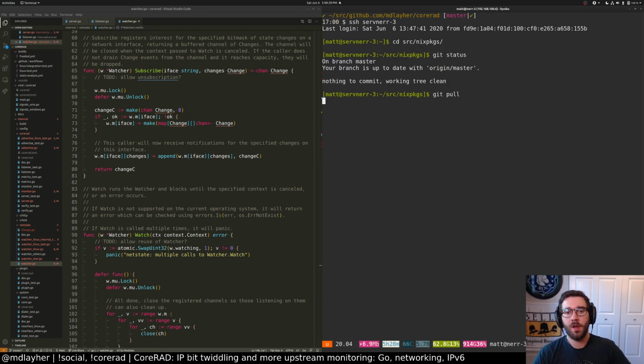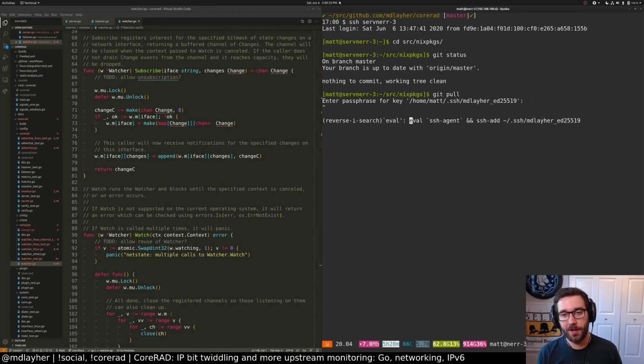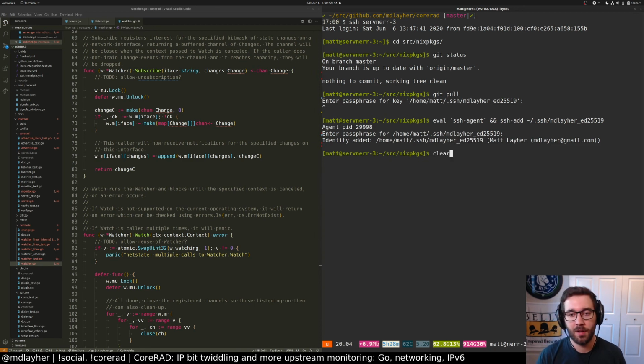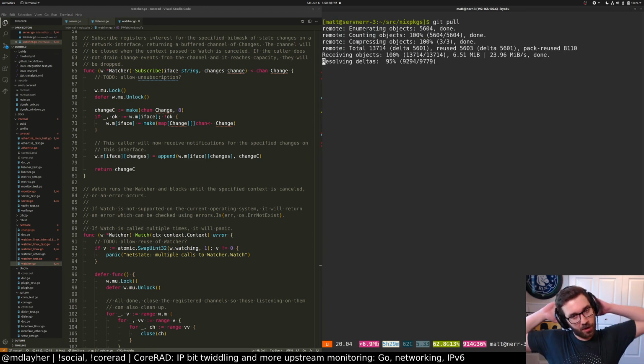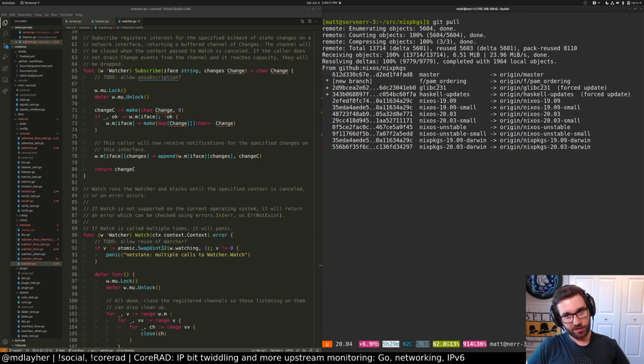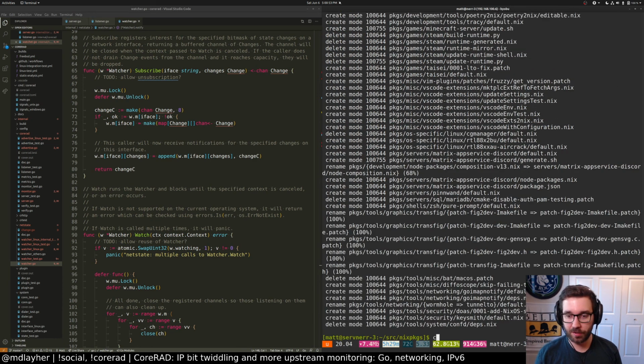Okay, so we're going to add this. Excellent. So now we can pull the latest copy of this. This repo has tons and tons of changes, and we're going to put this in so we can use this on NixOS, which would be cool.